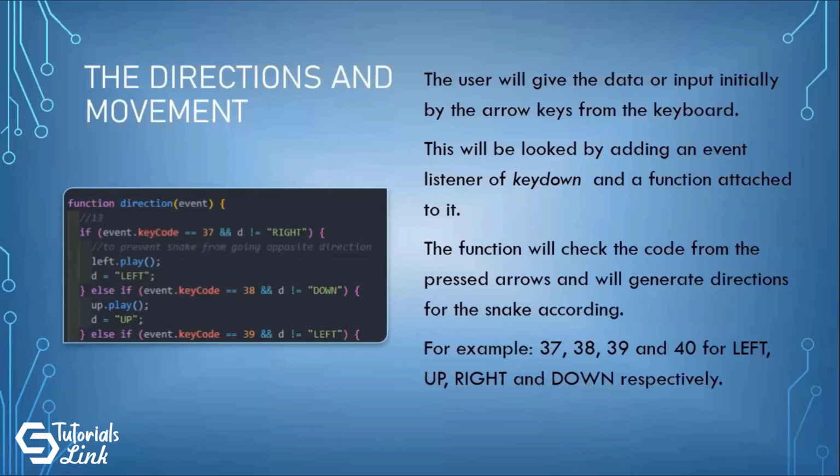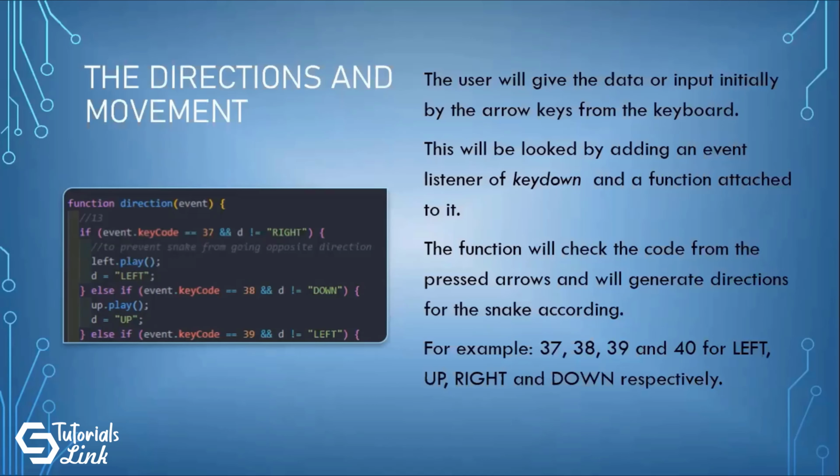This will be done by adding an event listener of keydown and a function attached to it. If you are well aware of JavaScript, then you must know there are several event listeners with several events, which a function acts upon or fires things on the basis of. So here we are going to use keydown. What does keydown mean? Whenever you press or put a stroke on your keyboard, JavaScript gets that event, and the function attached to the event listener will be called.